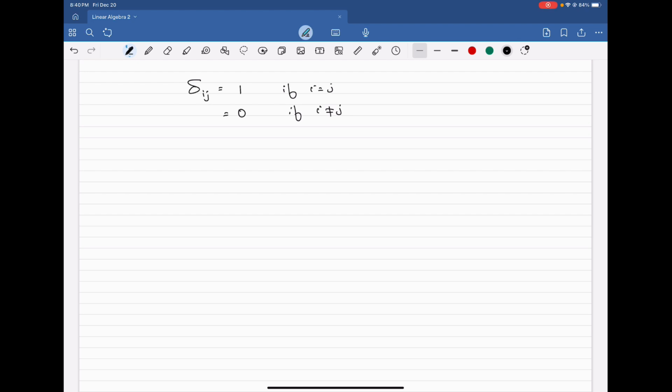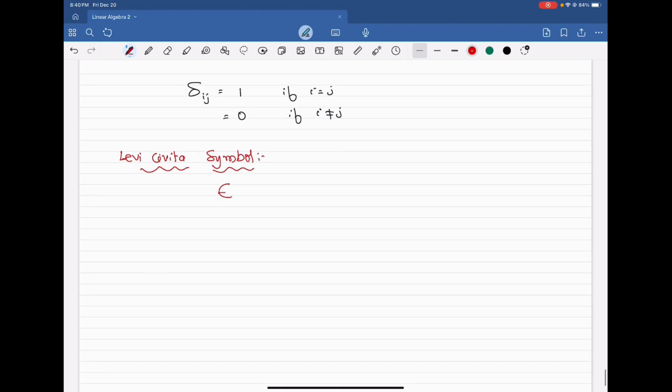Now, let us talk about the Levi-Civita symbol. What is Levi-Civita? These are only definitions. Please take them as definitions only. Don't get confused. Levi-Civita is epsilon ijk. Please see the order. The Levi-Civita symbol epsilon ijk is equal to